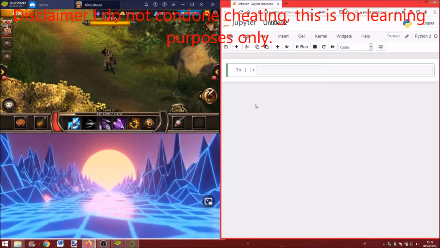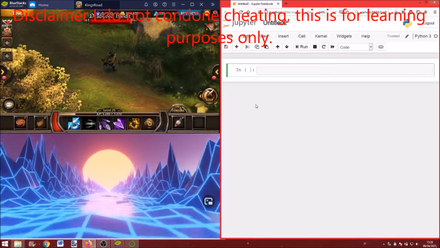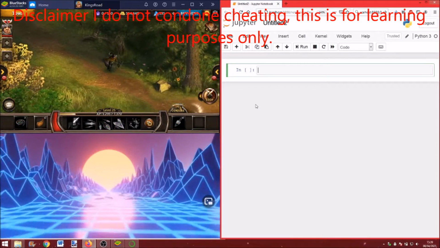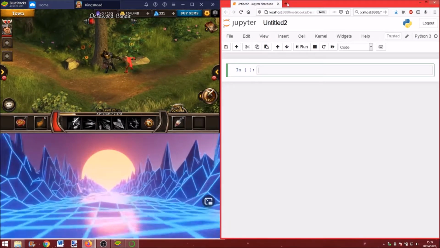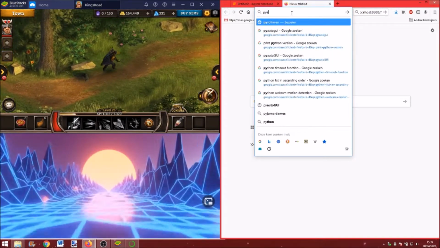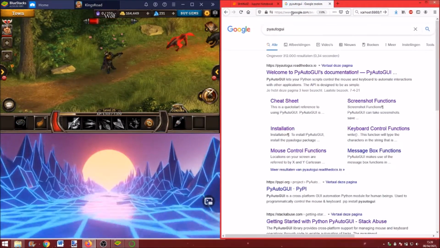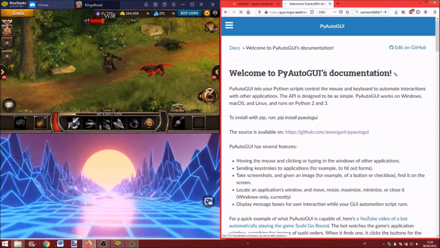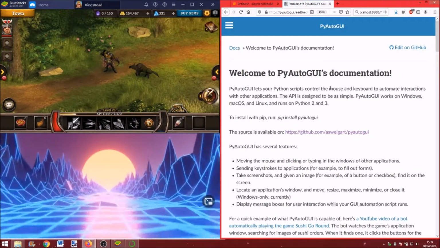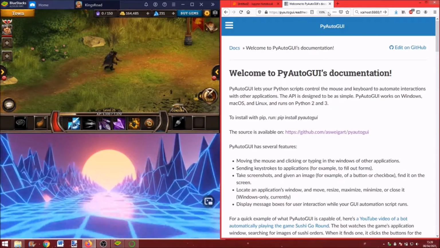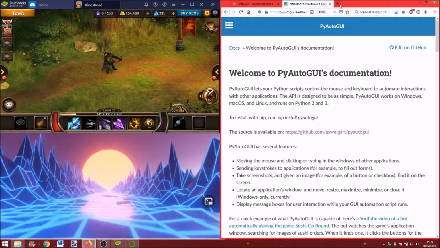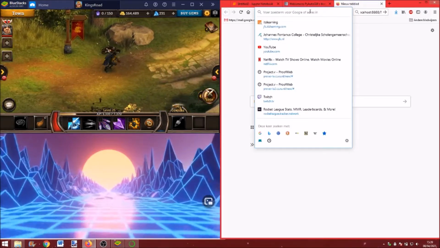I'm going to show how to automate the process in a video game or any video for that matter. For this video I'm going to use the pyautogui graphical user interface library, which is amazing. It's just used for controlling the mouse and keyboard to automate interactions. Other stuff you need is